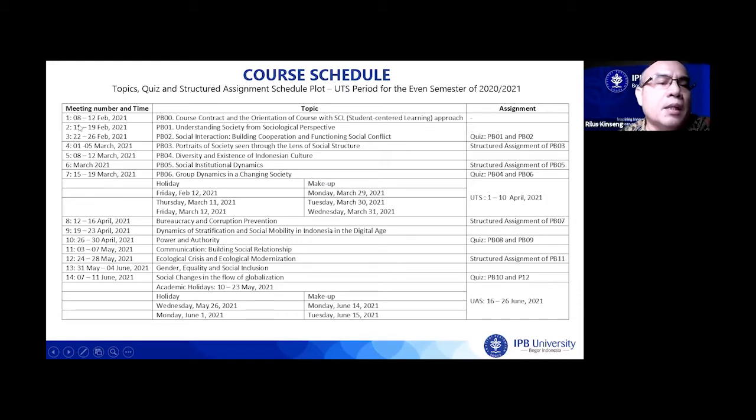Today we have the first meeting. We discuss the course contract now, in the first row of this table. Of course, there is no assignment. And then next week,